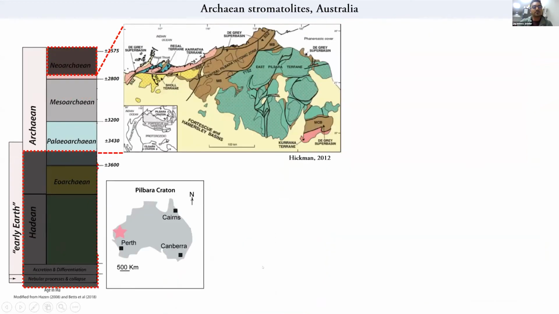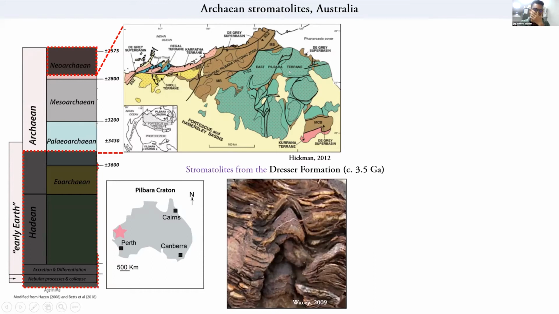Moving from South Africa to Australia, if you take a flight to Perth and move further north of Perth, what you would come across is an ancient Archean granite greenstone terrain with Mesoarchean tectonic cover successions, which are shown here in this geological map. So the East Pilbara terrain mostly will be discussed here, which is largely made up of greenstones and intruded by granitoids, and the Fortescue Group, which is also a much younger unit from the Meso to Neoarchean time period, preserves different bona fide evidence of stromatolites.